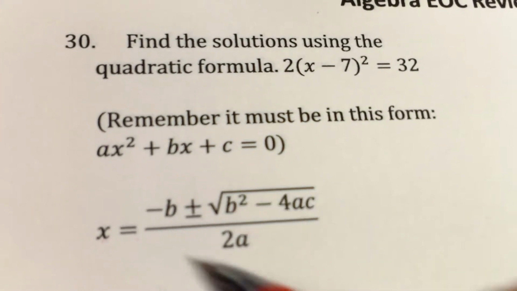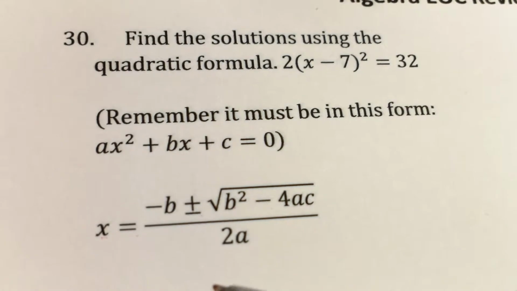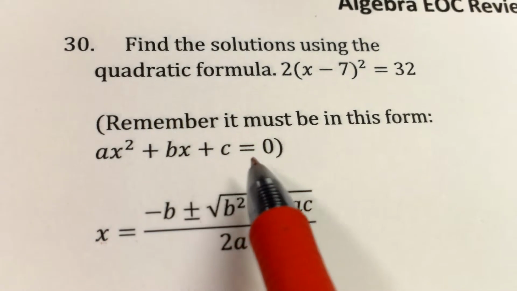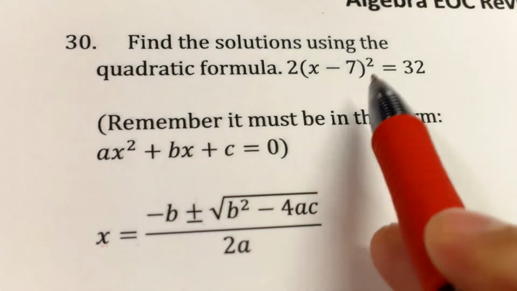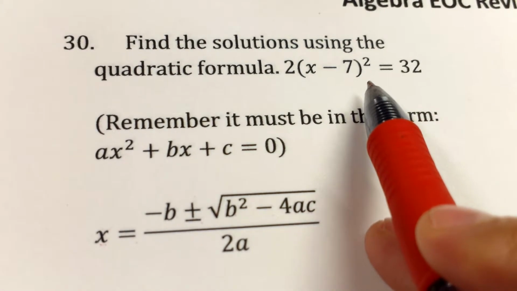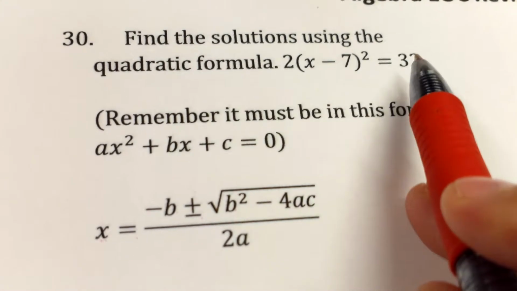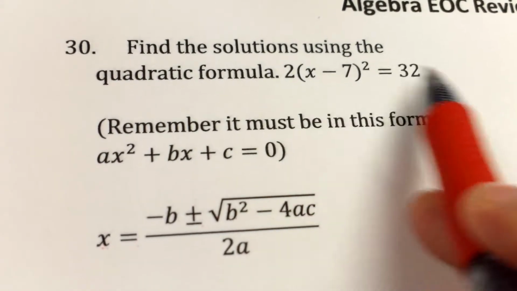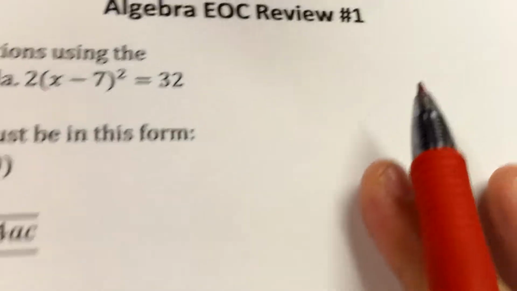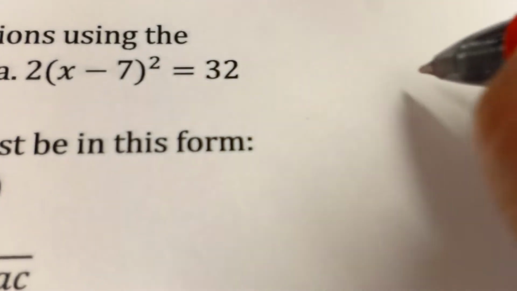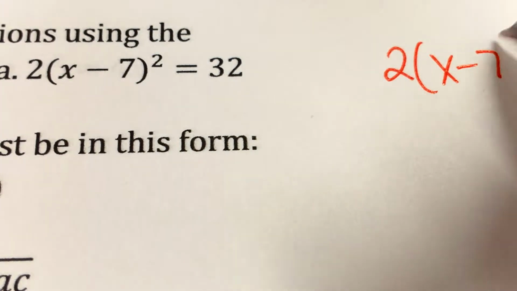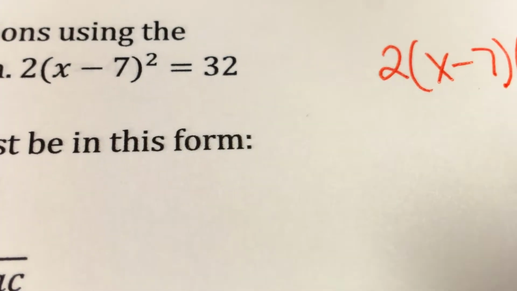Okay, but in order for you to use the quadratic formula, it has to be in standard form. It needs to be in this form, ax squared plus bx plus c equals 0. They gave it to us right now in kind of vertex form. So we need to make it into this form. So that's going to take a while to do, so we're going to do it here on the side. So here's what I have, 2 times (x minus 7)